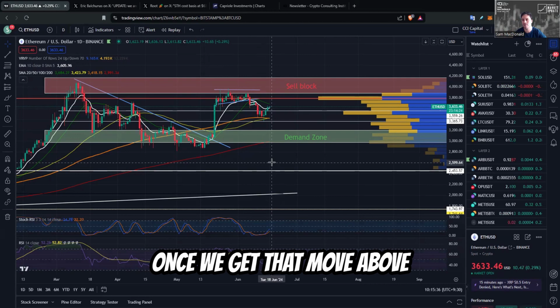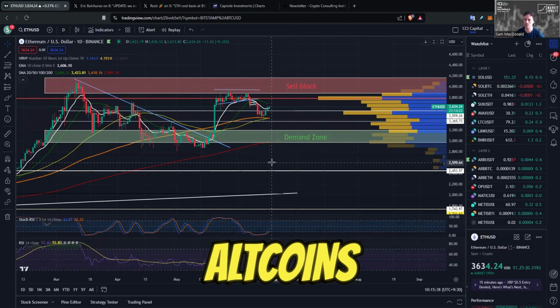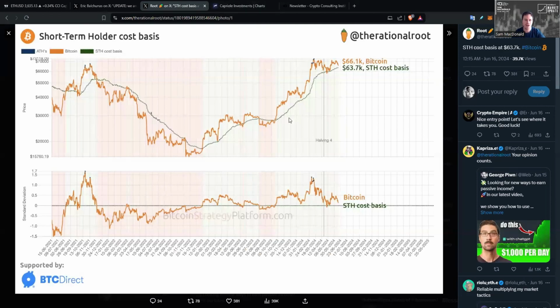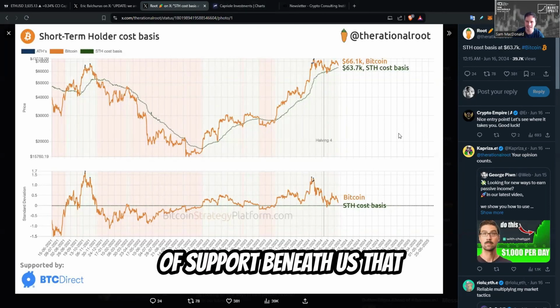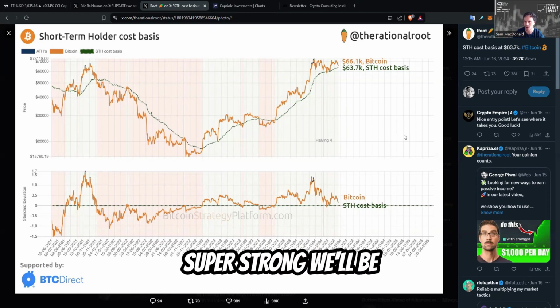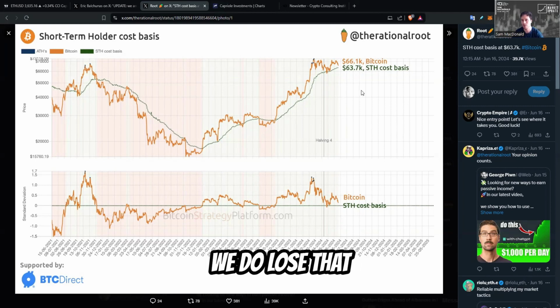Once we get that move above that level, I expect to see altcoins fly off their tree and the rest of the market. At least that is the theory. Okay, just in terms of support beneath us, that 64,000, 65,000 level is going to be super, super strong. I would be a little bit concerned with a broader capitulation across altcoins if we do lose that level, but